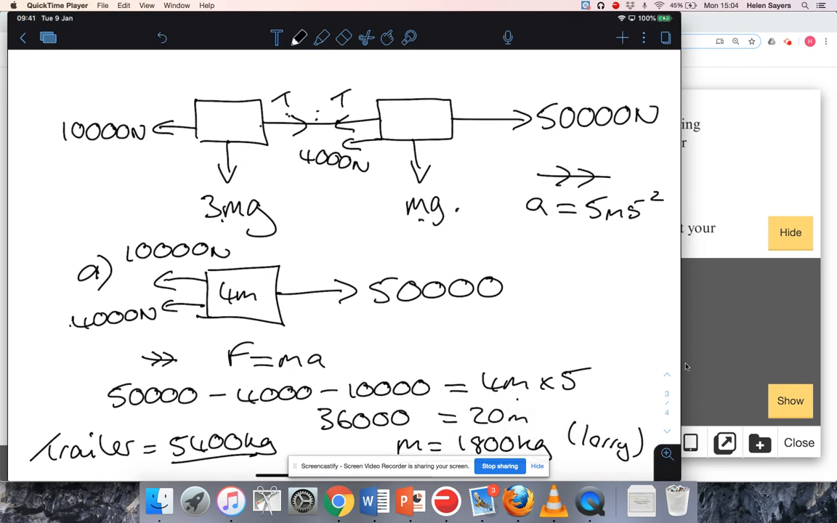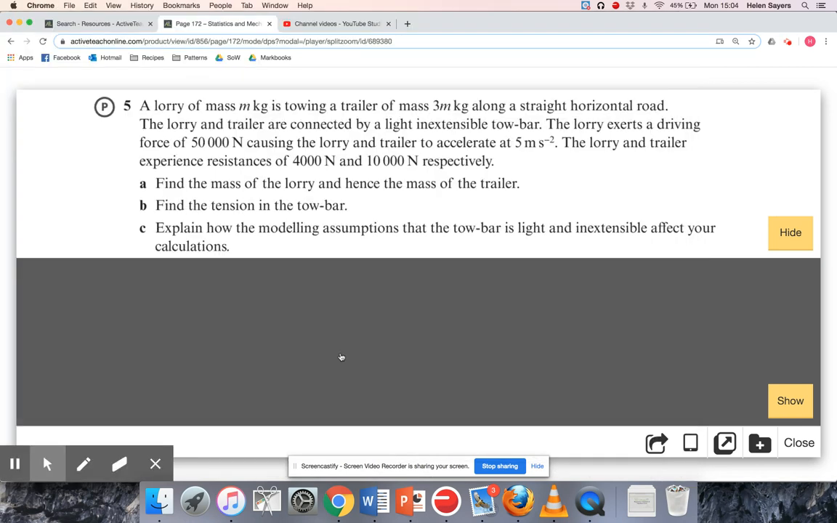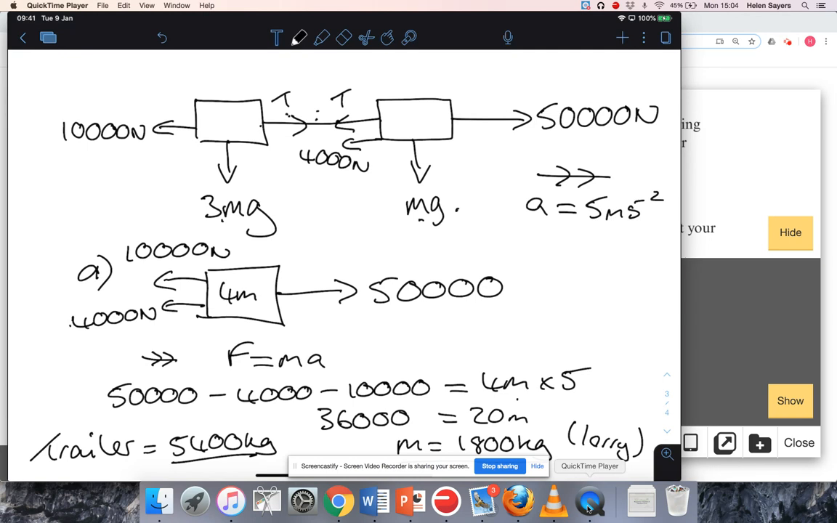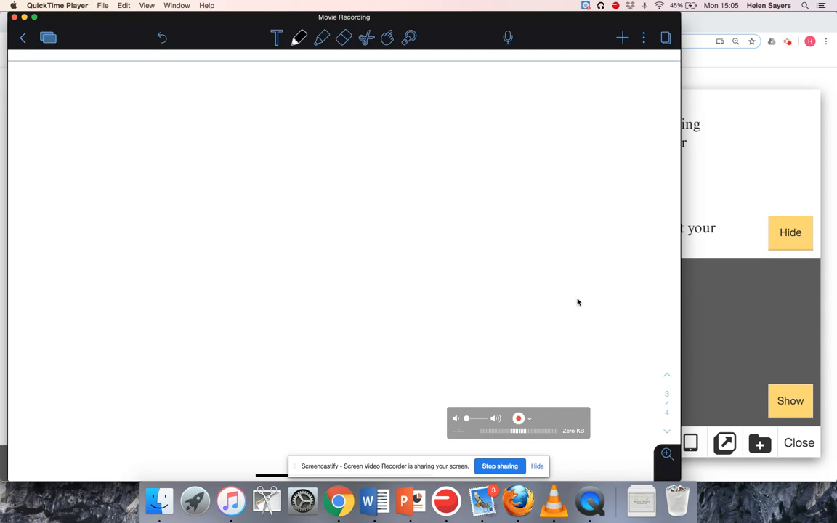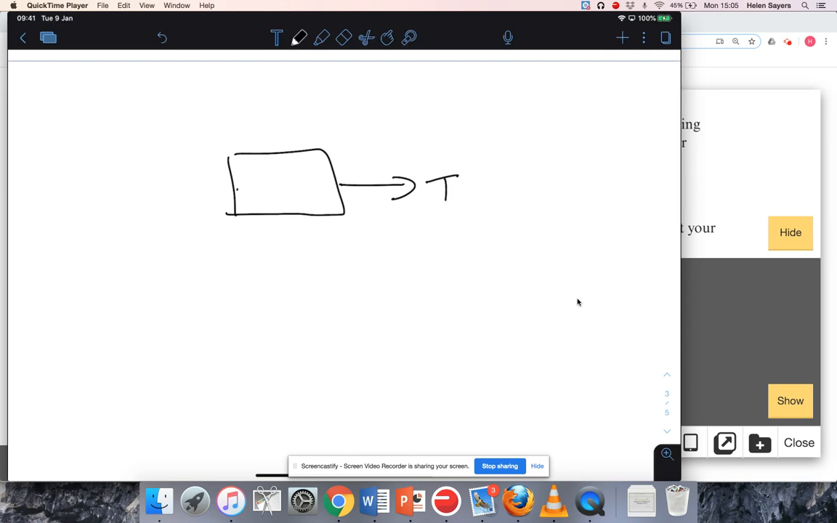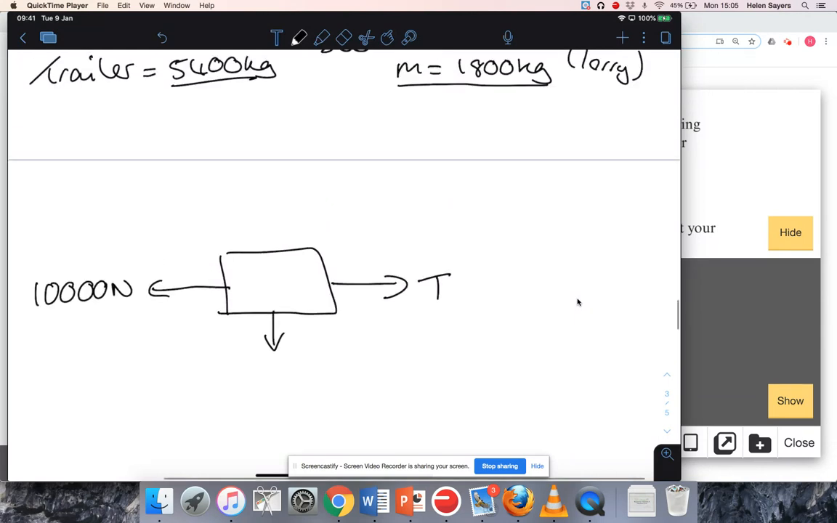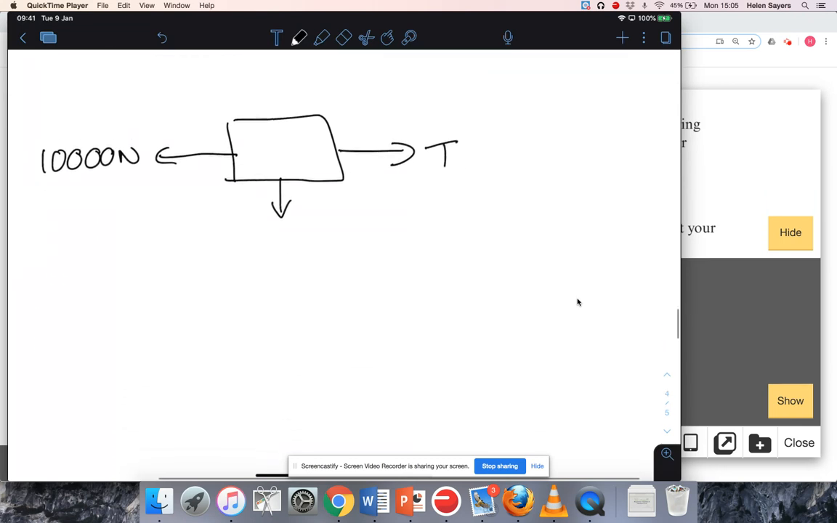Okay, right, and then it wants the tension in the tow bar. To find the tension in the tow bar, I'm just going to look at either the trailer or the lorry. It doesn't matter which one. So let's look at the trailer. There's the trailer. It's being pulled along by the tension. I know that the resistive force on the trailer was 10,000 newtons. The mass of the trailer we already worked out was 5,400